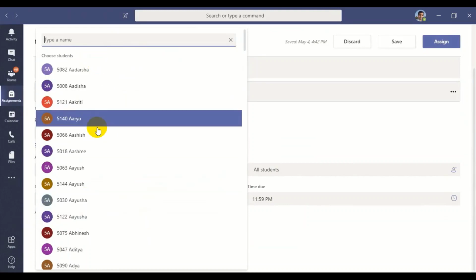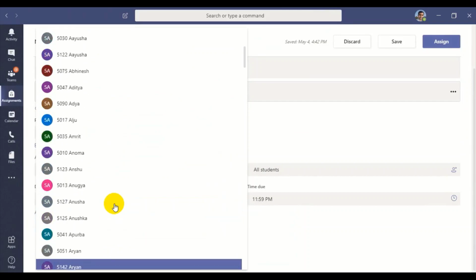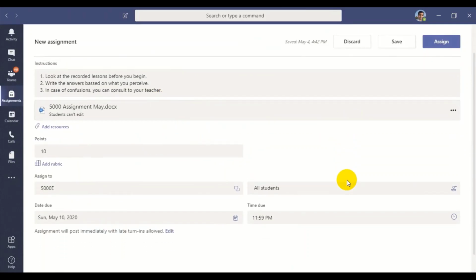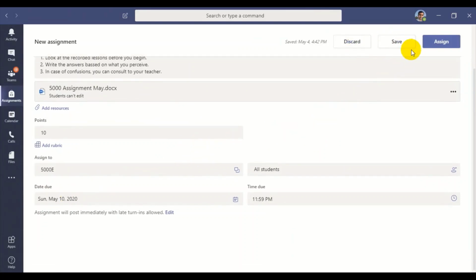This is especially useful if reassignment is to be given to certain students who have not been performing very well. After this, we can click assign, and then the assignment will be assigned to the students.